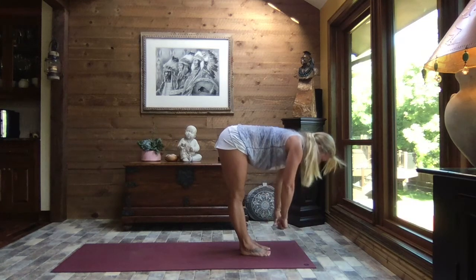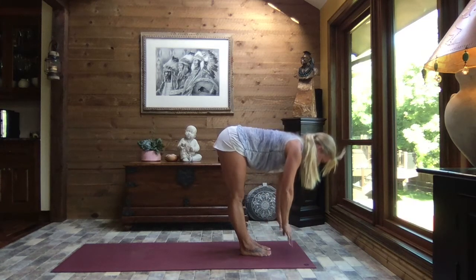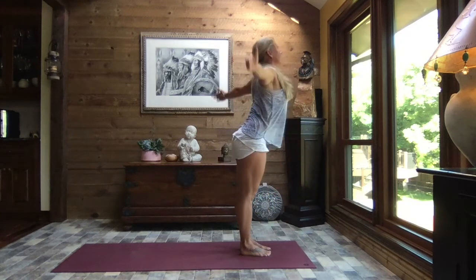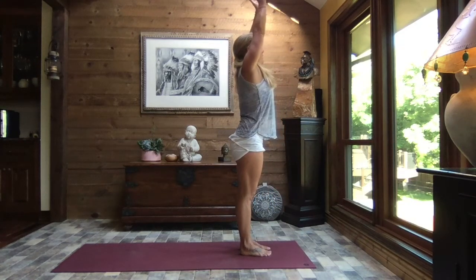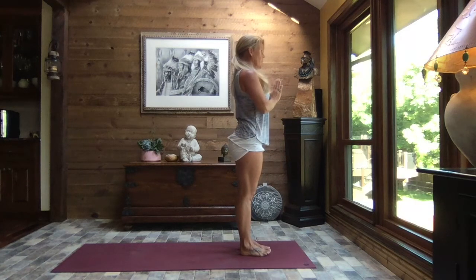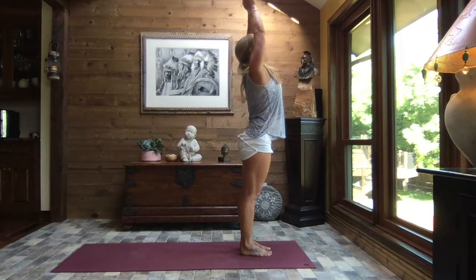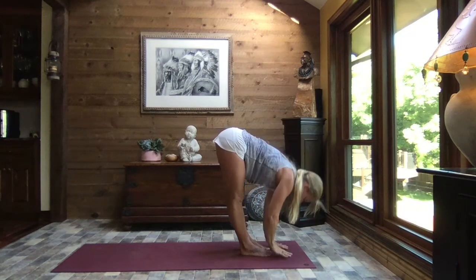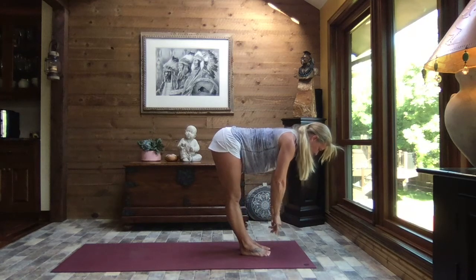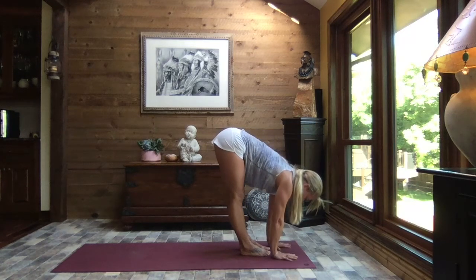Inhale up to monkey half lift. Exhale down. Inhale, reverse swan dive up. And exhale, pull the hands to heart center. Inhale, reach to the sky. And exhale, swan dive to forward fold. Inhale up to monkey half lift. Exhale down, walk, step or hop